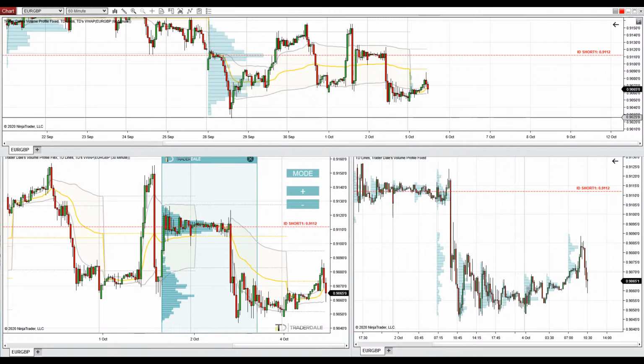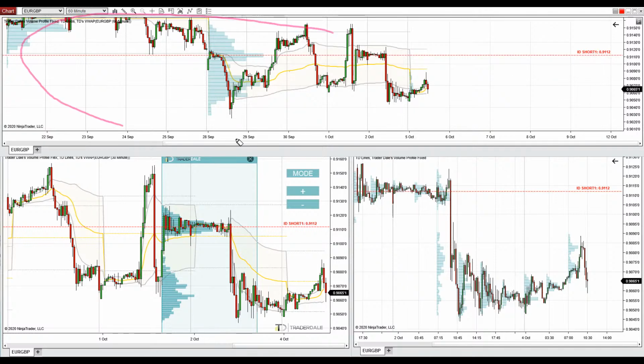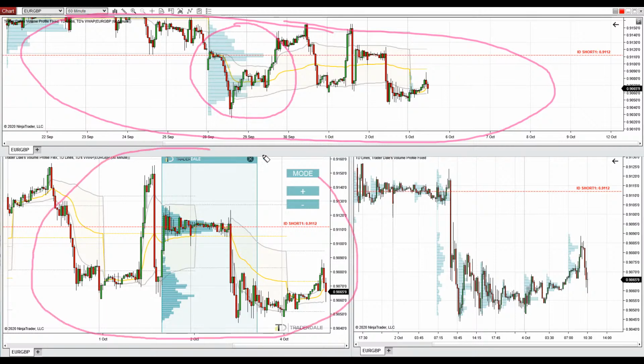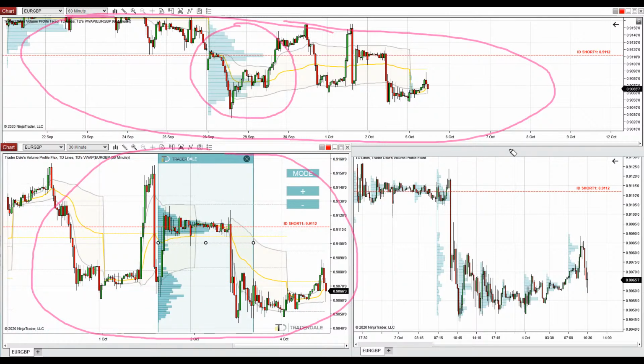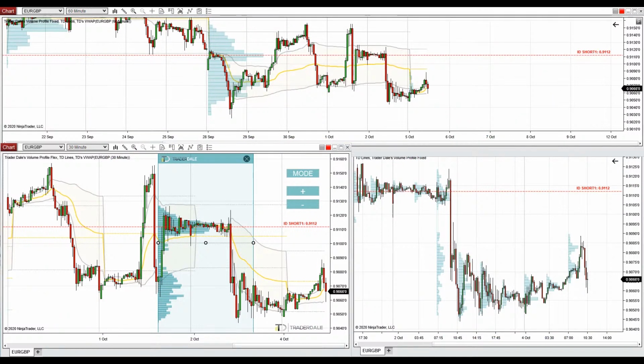What you see before you, those three screens. This one is a 60-minute chart with volume profile which gets printed every week. This chart right there is a 30-minute chart, and in here I use flexible volume profile which you can move around like this. And the chart at the bottom right is a 15-minute chart where I use volume profiles which get automatically printed every 4 hours. Alright, so that's my intraday trading layout, and those three charts are linked, so they always show the same trading